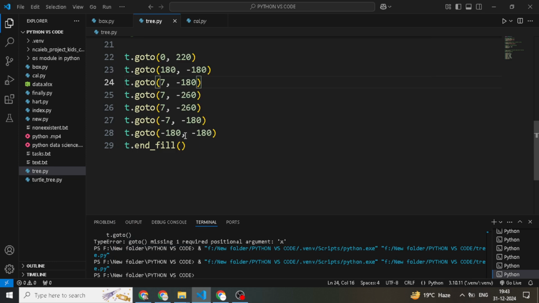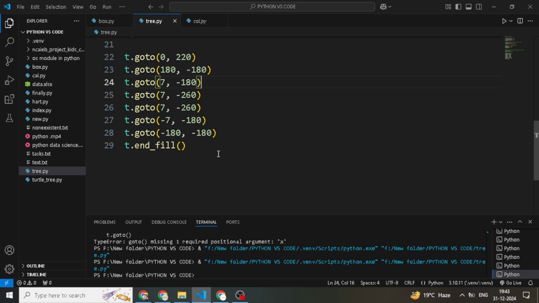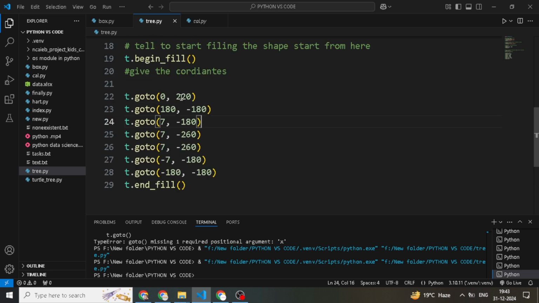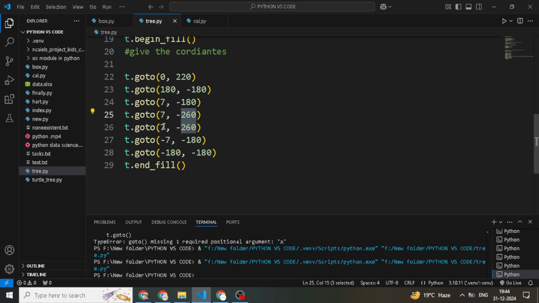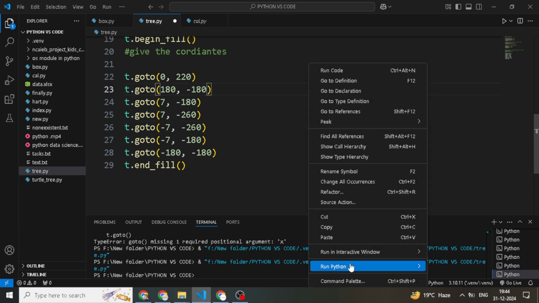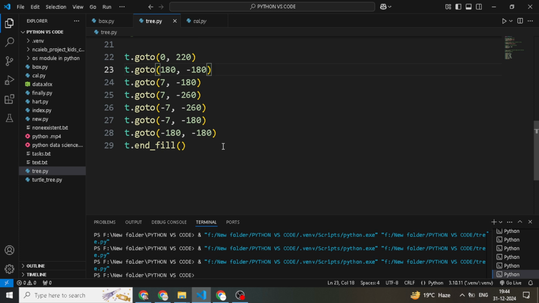It's working, but we need to change something. So 0, 220, -180, -180, 7, -180, 7, -260. One minute, this is a minus 7. It will be -7, -260, -7, -180, and -180. Run the code again. Okay, our code is working and draws a perfect tree.